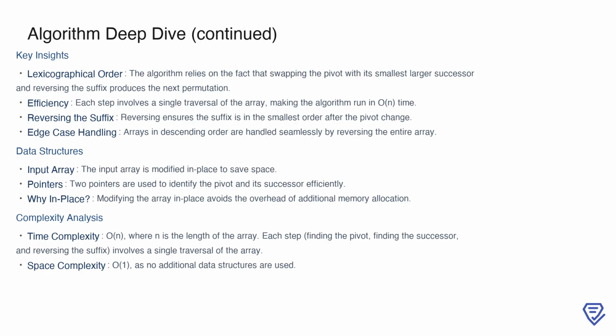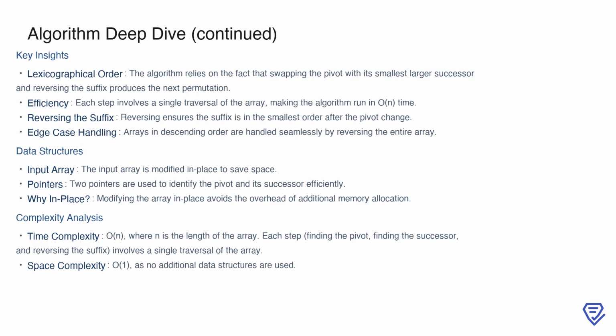Each step of the algorithm, from finding the pivot to reversing the suffix, involves a linear traversal of the array, making it run in O(n) time. The algorithm is also space efficient, as it modifies the array in place without using extra memory, resulting in an O(1) space complexity. Using 2 pointers to identify the pivot and successor ensures the process is both efficient and straightforward. Edge cases, such as arrays in descending order, are seamlessly handled by reversing the entire array. This combination of efficiency and simplicity makes the algorithm both elegant and practical for solving the problem of generating the